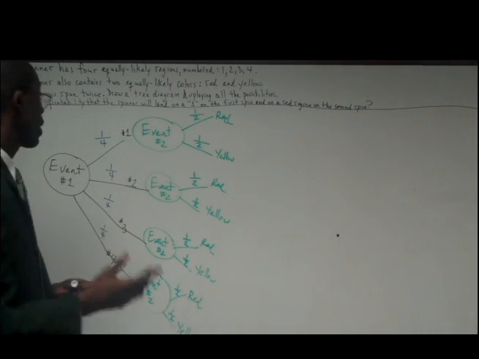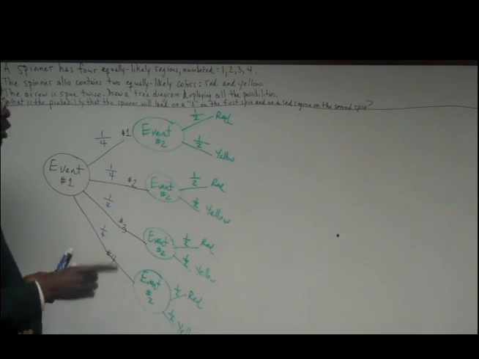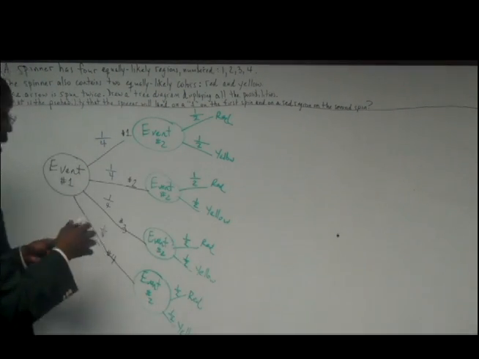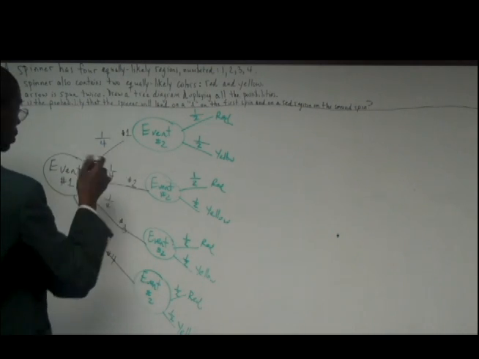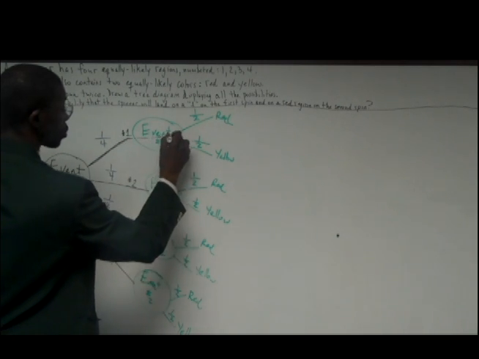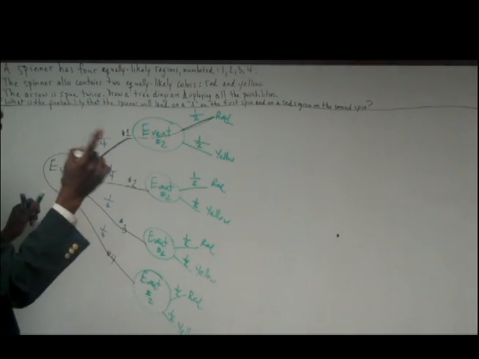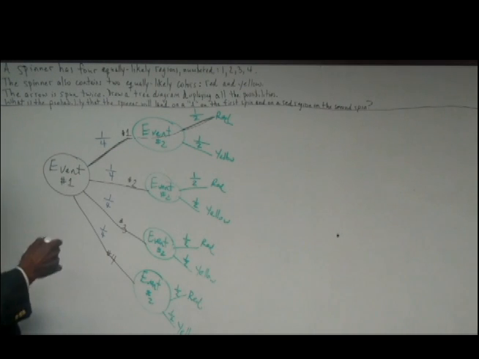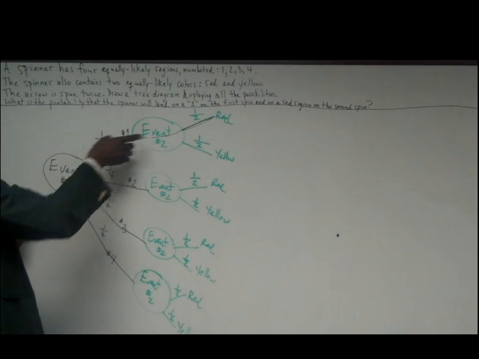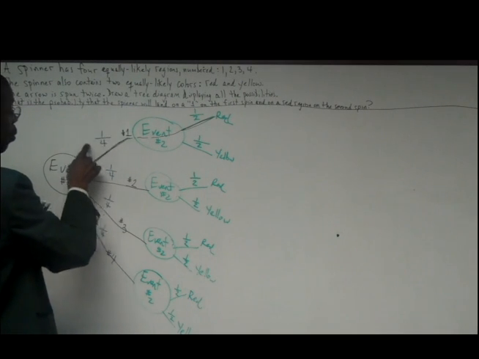So now what we need to figure out is, based upon our completed tree diagram, what is the likelihood or the chances that we'll get a 1 on the first spin and then a red on the second? And so what I will do is I will trace, here's our 1 branch, and it goes through, and then we're on the red branch now. So the black trail identifies the trail of information that we need to answer this particular question. And what we're going to do is, when you have subsequent or sequential events, you always have to multiply your probabilities. So we're going to end up with 1/4